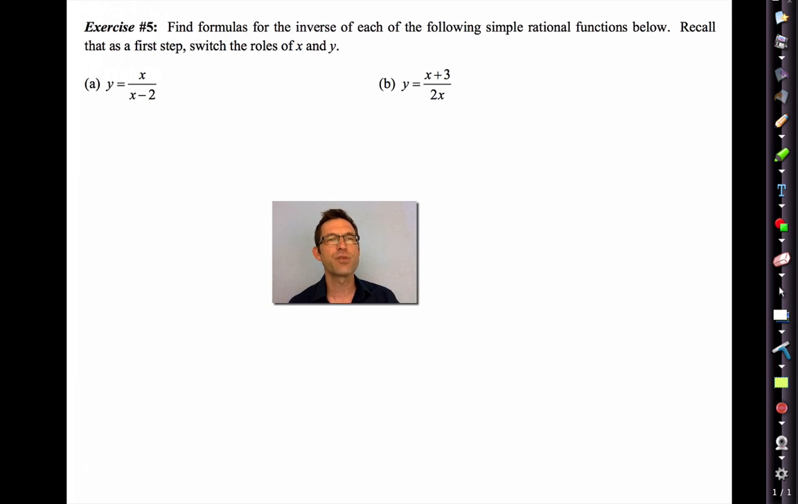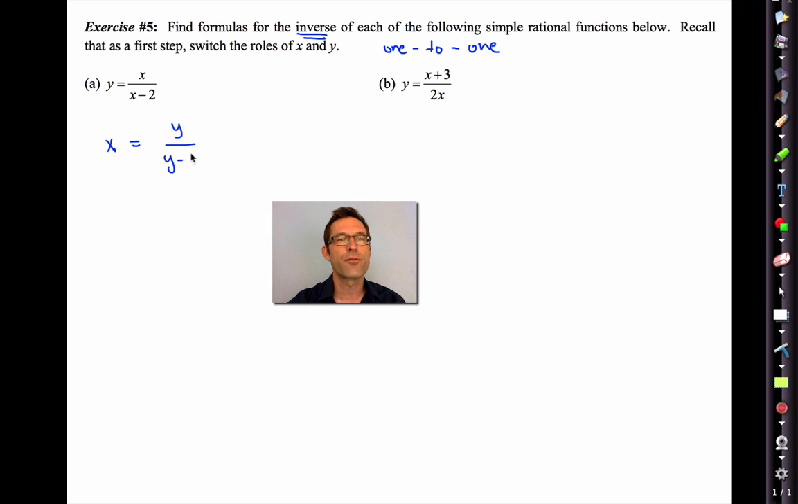Recall that as a first step, switch the roles of x and y. So this is something that we're supposed to become mildly fluent with in Common Core Algebra 2, which is to find inverses of one-to-one functions. So each of these is a one-to-one rational function. Not all rational functions are one-to-one, but these two are. And whenever you're trying to find the inverse function, you simply switch the role of x and y, and then